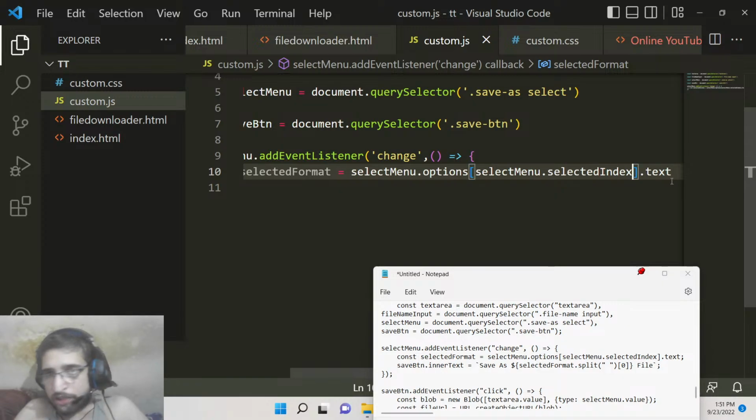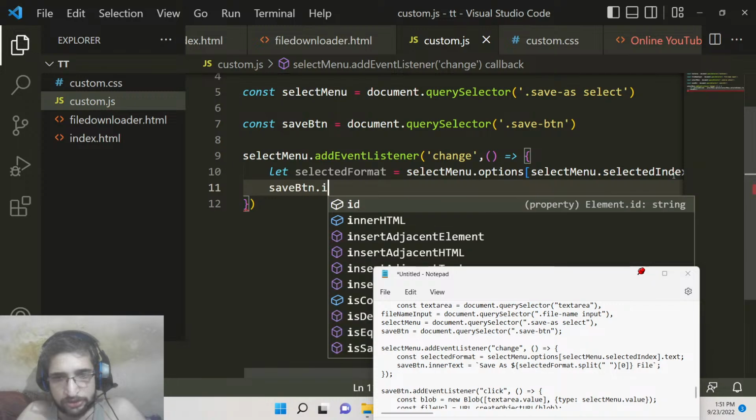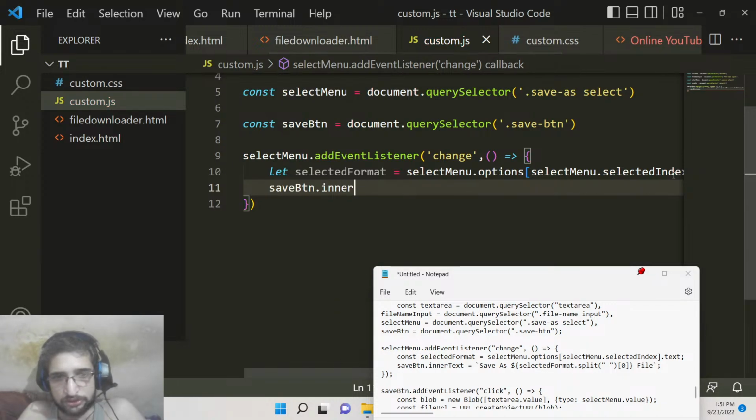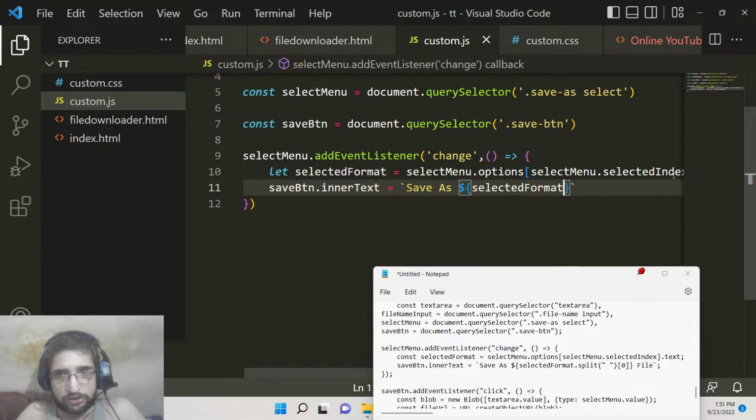So it will actually get the reference, guys. So here we can simply say save button dot inner text. Here we will change it to save as, and then we will change it to the button text, which is selected format dot split,